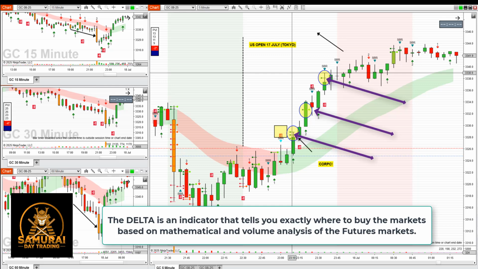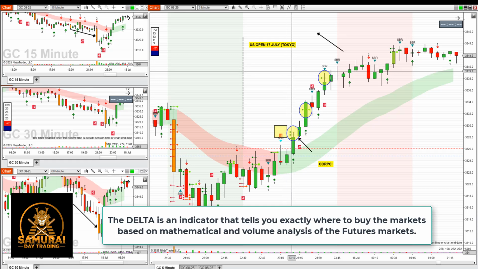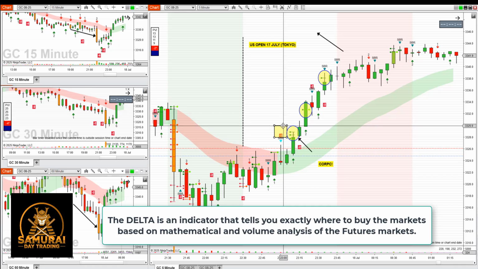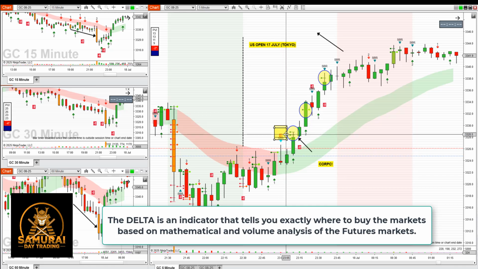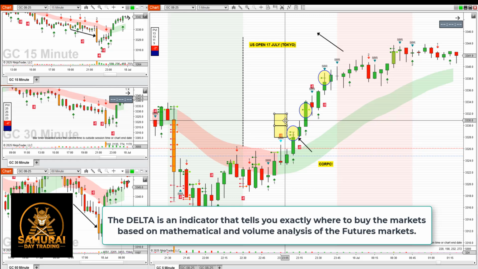Now, what does it mean? If you get a delta signal, guys, which is one of the indicators we use at Samurai, it means you're on the right side of the market. Basically, if you want, you can actually extend your targets and make them taller and taller and taller. Now, understanding that this little box here is worth $200 US per contract traded, what I'm going to do is add some boxes here, because what we're saying is,